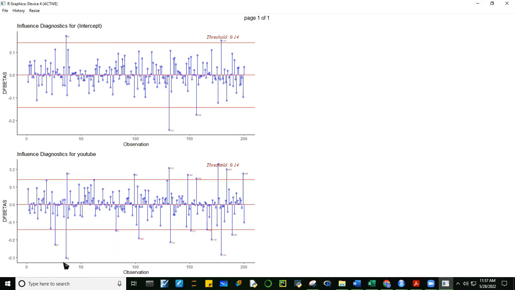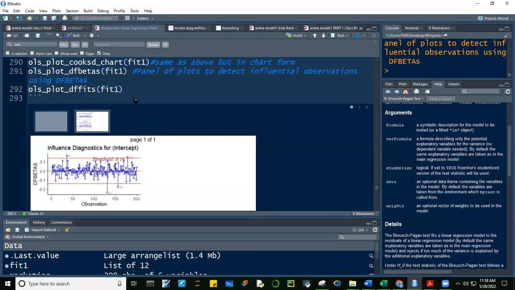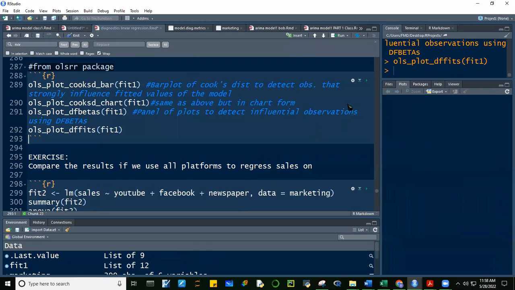Sila yung laging top notcher. So ito yung tinitingnan na beta measure. Pag medyo above that, then that's a potential na outlier at saka influential data point. Okay? So gusto ko lang i-discuss na hindi lang si Cook's distance